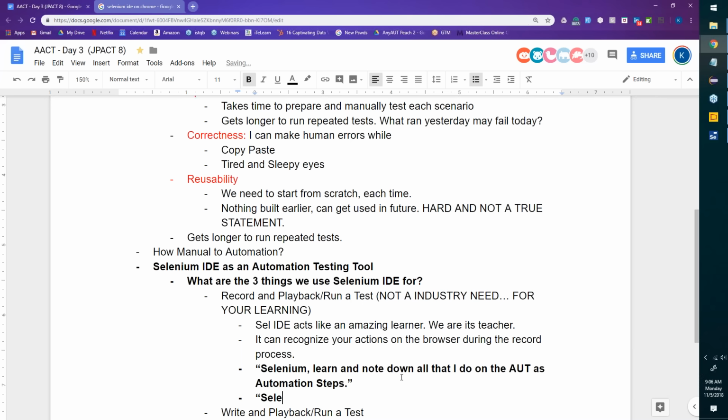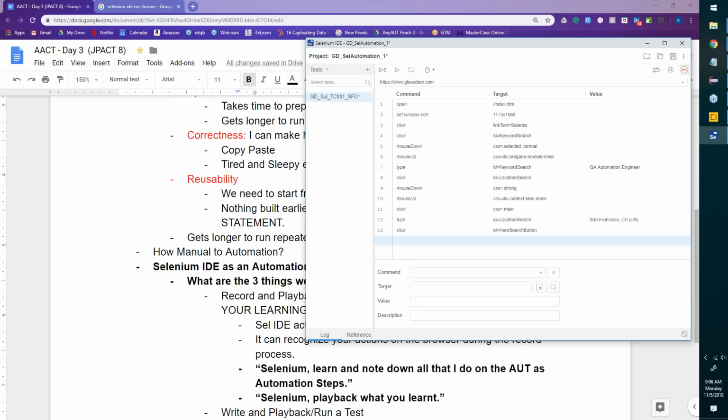Let us see. The first thing that we need to know, team, is the color variations. Green during an execution. See, I hit on this run and it started going each step at a time, making those actions happen on the application. If the step worked fine, it wrote it as green. If the step didn't work fine, it wrote it as red. Just like how we wanted to signify for each step, hey, what happened? Everything okay? Is there an error?